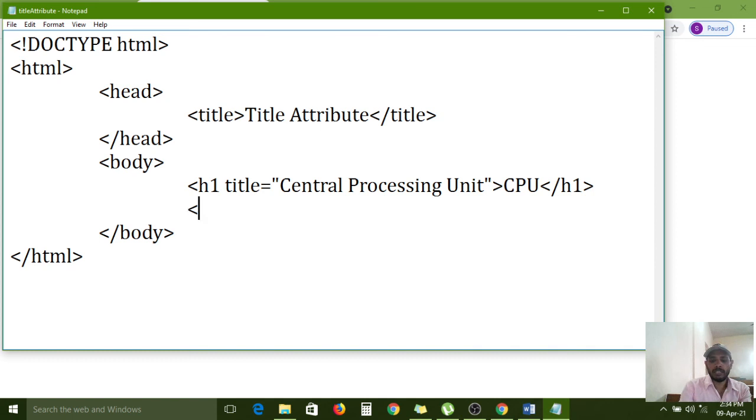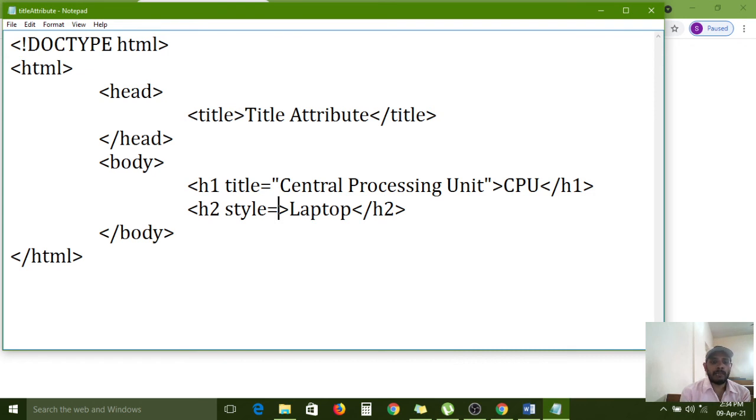H2, one more heading option, H2 open and H2 close. For the closing purpose, I am using this tag. And next, laptop. Laptop is this word. And I am using the style attribute here. The style attribute is used to apply additional styles to a particular element.